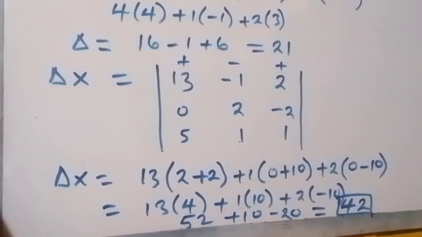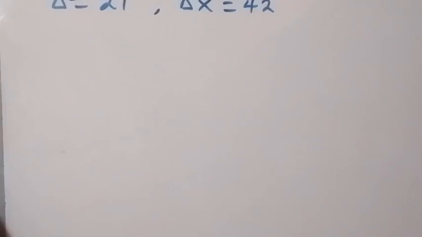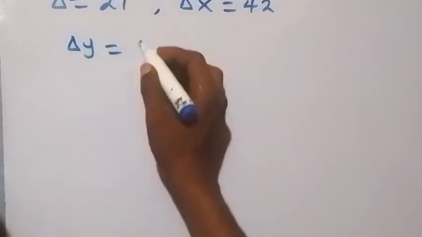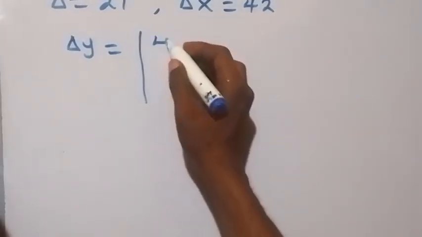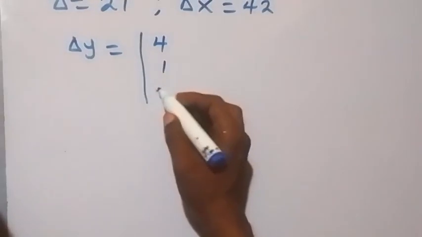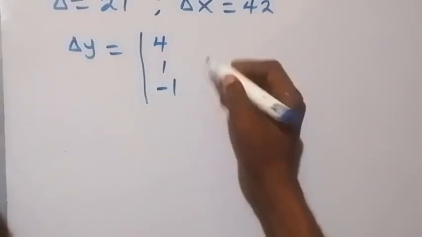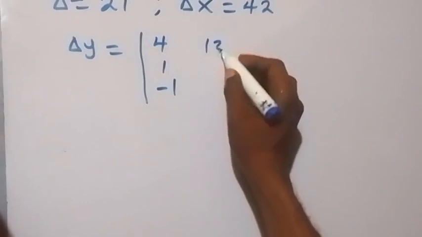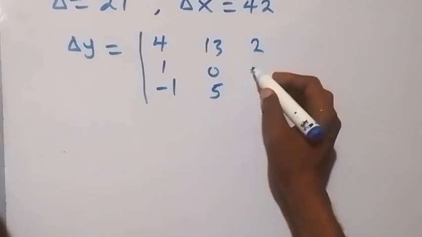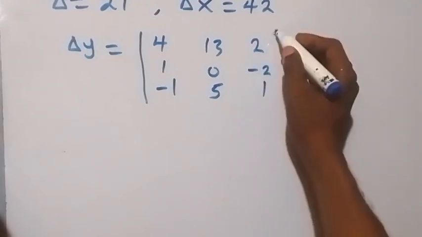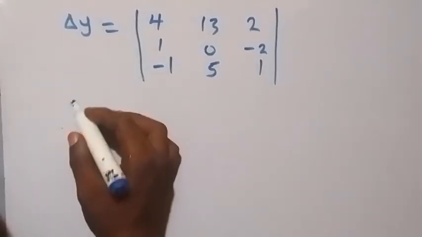And also we can get the determinant with respect to y now. The determinant with respect to y, delta y, will be our matrix. That is, we write the normal matrix, then we replace the second column now with the constant, which is 1305. So that's the only thing that we change there. And from here, when we find the determinant, we are now going to have delta y